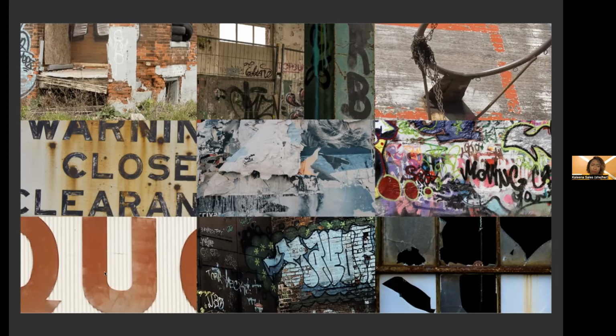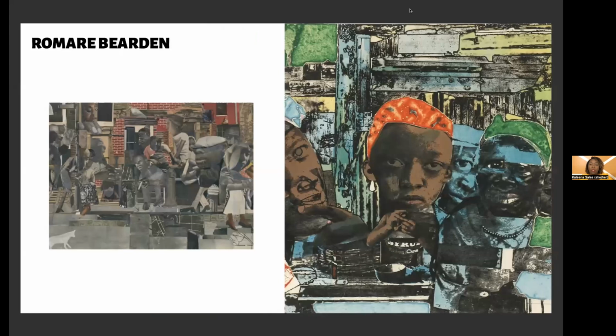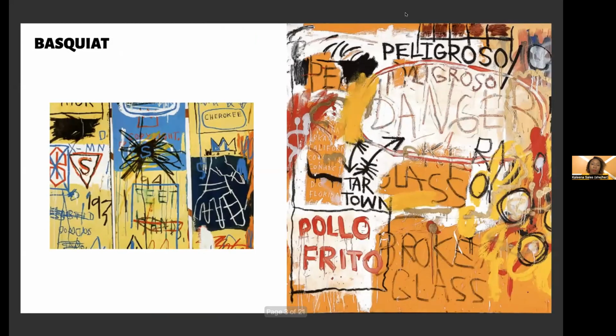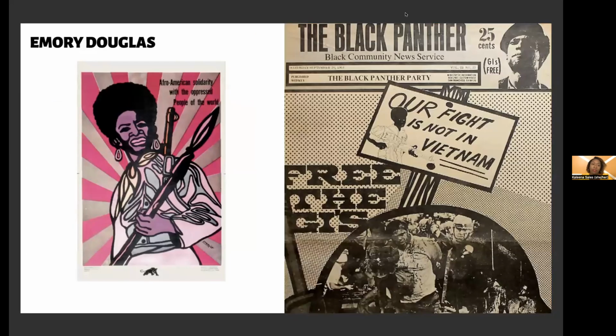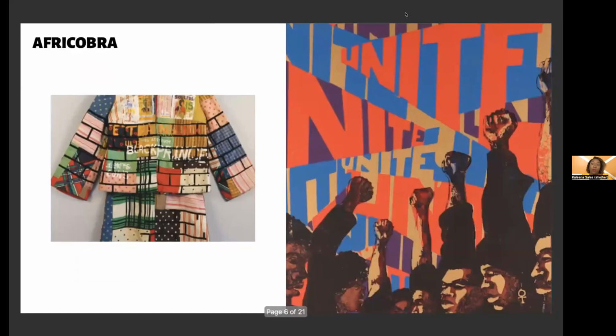And so in researching Black visual culture, I'm influenced by, and I teach my students about, artists like Romare Bearden, as was mentioned by Auntie Cheryl, and the work of Adolphus, who did the cover design. I'm influenced by collage artists like Romare Bearden or Basquiat or Emory Douglas or Say Adams or Afrocobra. Artists like these have really found a way to be inspired by the communities in which they come from,